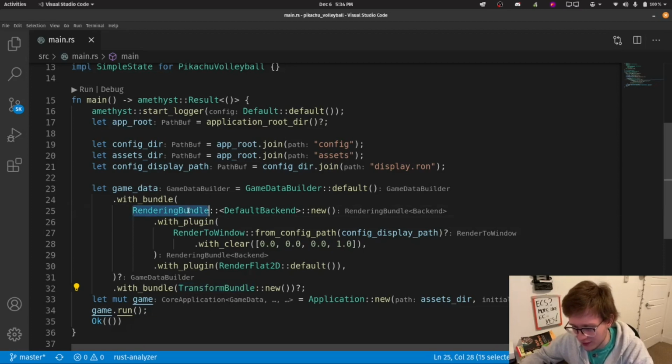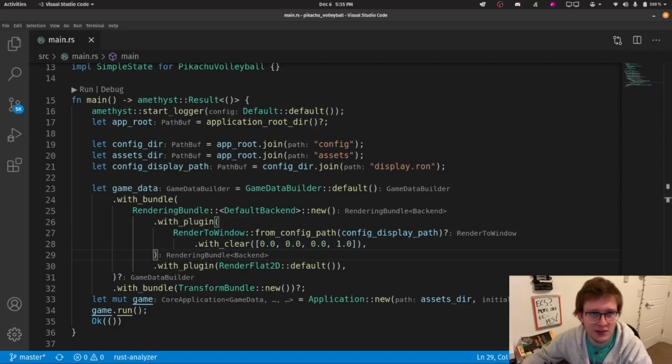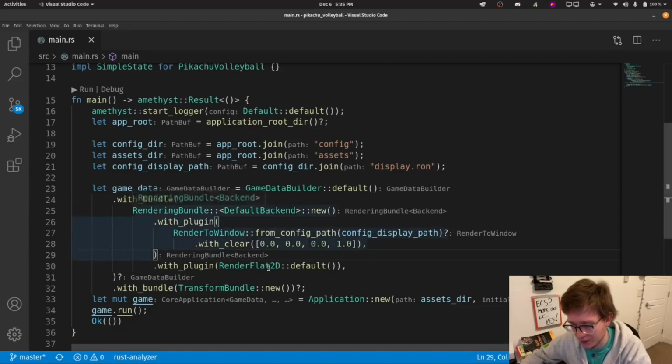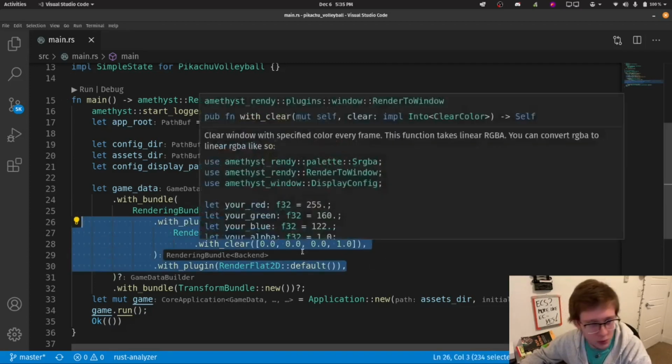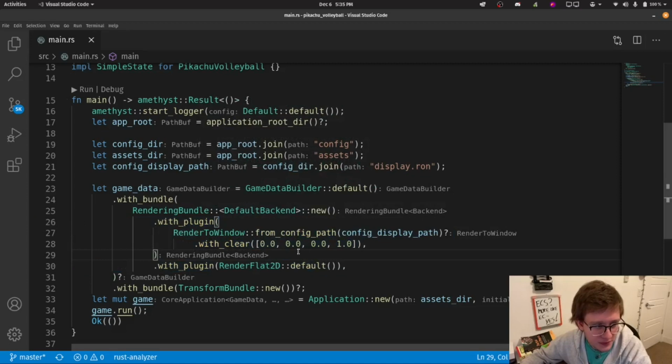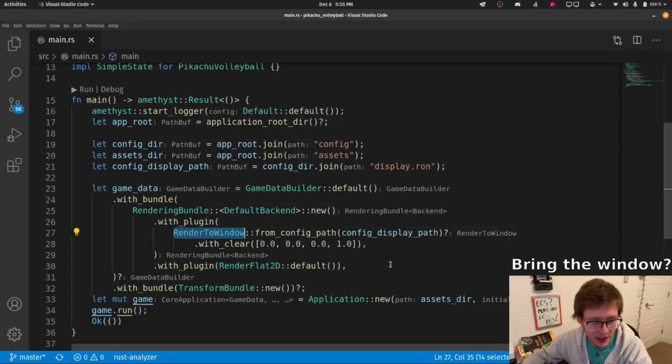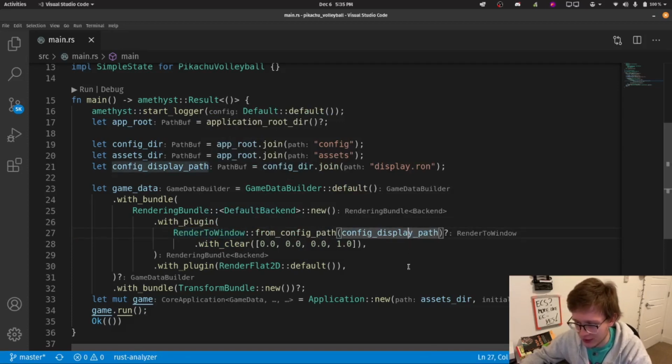Next, we have the rendering bundle, which is sort of a special bundle because it allows us to mix in plugins and get the bundle that we really want. So you see that we have here these two plugins. So for example, say render to window. Render to window is what's creating our window in accordance with that display.ron file.